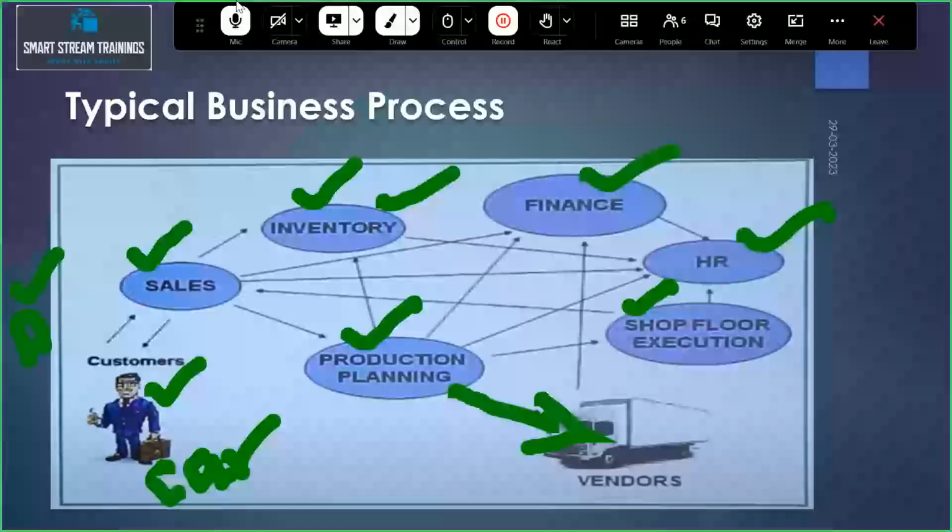These are all predefined modules. That is a package, so we need not design any screens. For example, if you take sales and distribution, all sales related information, predefined programs and everything will be available.